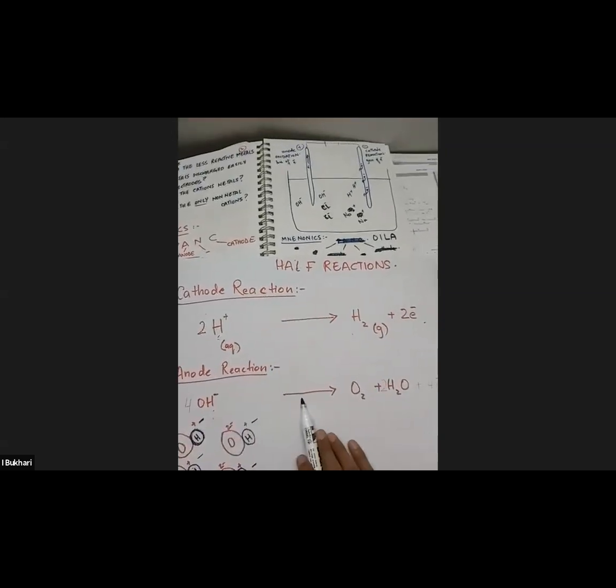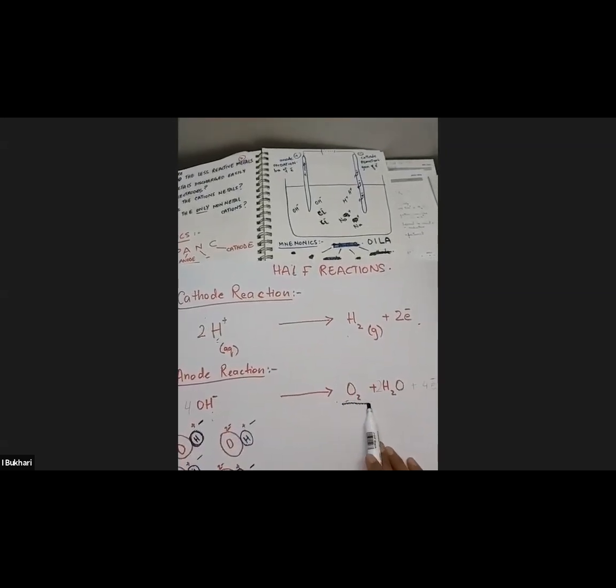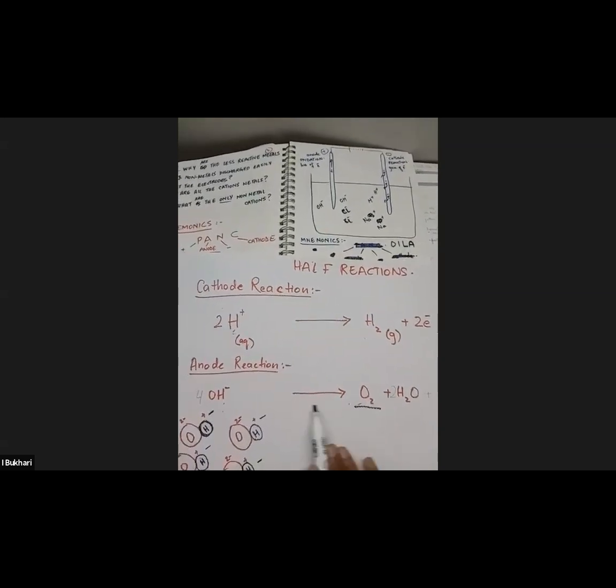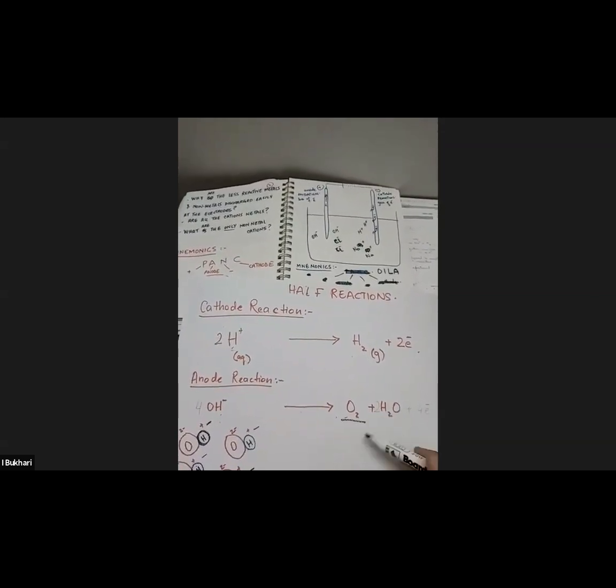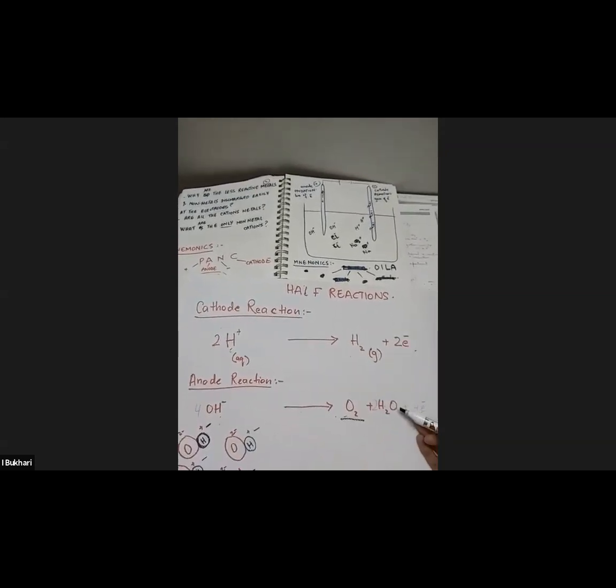Hydroxide ions, we know, gave oxygen. But when I wrote oxygen, I know there is hydrogen as well. Hydrogen atom is also sitting here. What should I do with this hydrogen? I should have a product which should not introduce any new substance here. So I can easily say water, because water has hydrogen and oxygen, and it can get oxygen from here. So I wrote down water here.